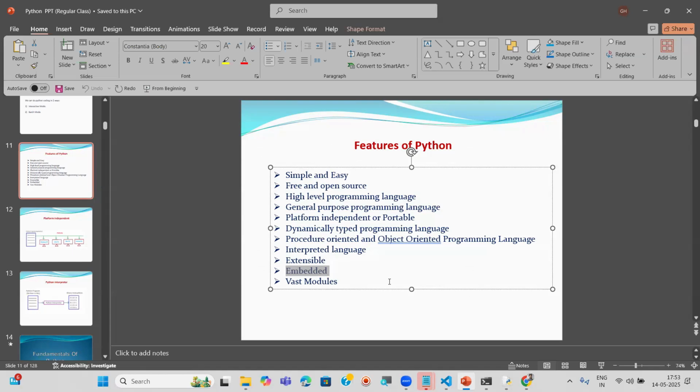Next word, vast models. Models means, I said Python files are called models. However, Python supports some inbuilt models also. There are so many models. For different types of activities, there are models offered by Python. For example,